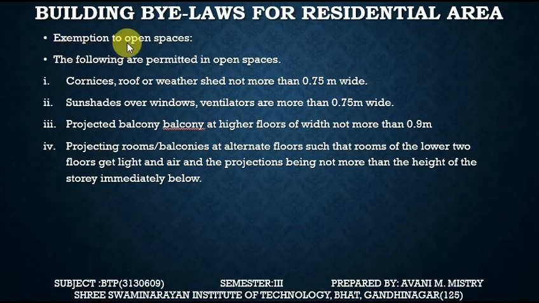Exception to open spaces. The following are permitted in the open spaces. Cornice roof, weather shades not more than 0.75 meter wide. Okay, उतना हम 0.75 मीटर तक हम वेदर शेड रूफ वगैरह परमिट कर सकते हैं। कॉर्निक दैट मीन्स क्या, स्टेप्स वगैरह होता है उसका आगे जो पोर्शन होता है, ओके, राउंड पोर्शन, दैट इज कॉल्ड कॉर्निक्स। सनसेट्स ओवर विंडो वेंटिलेटर्स आर मोर देन